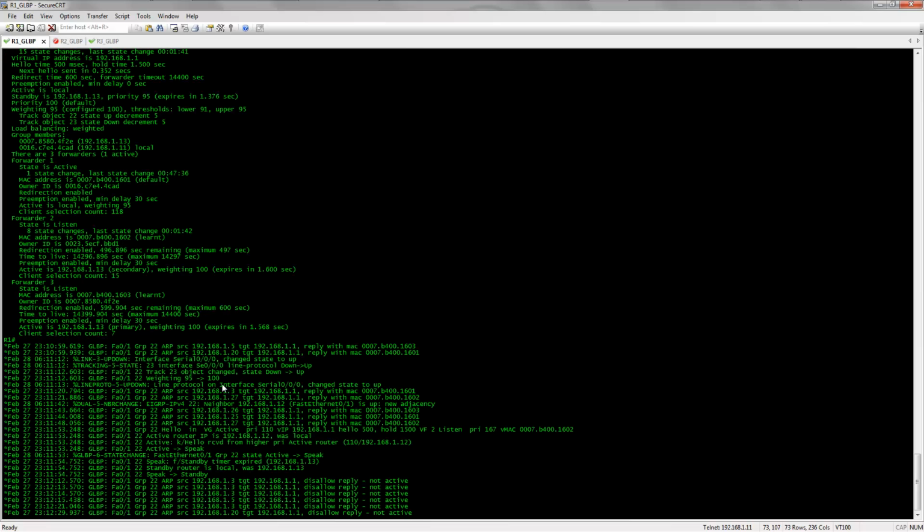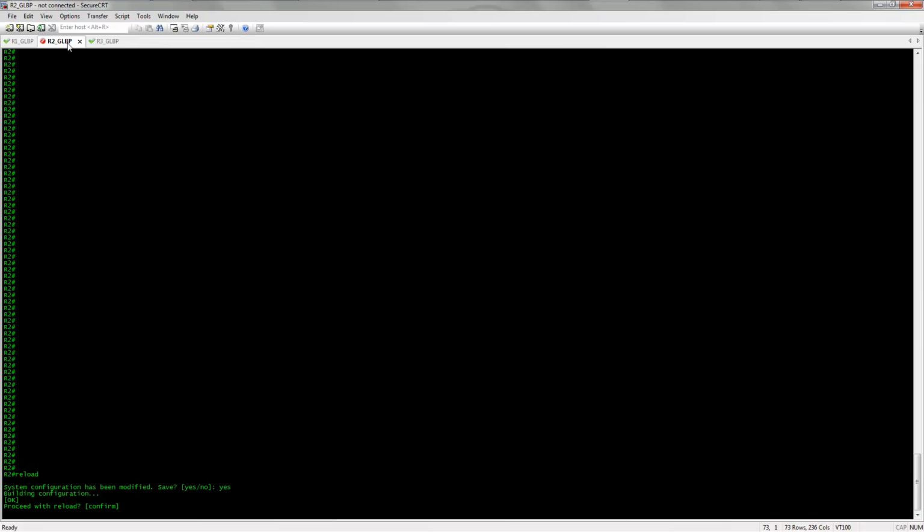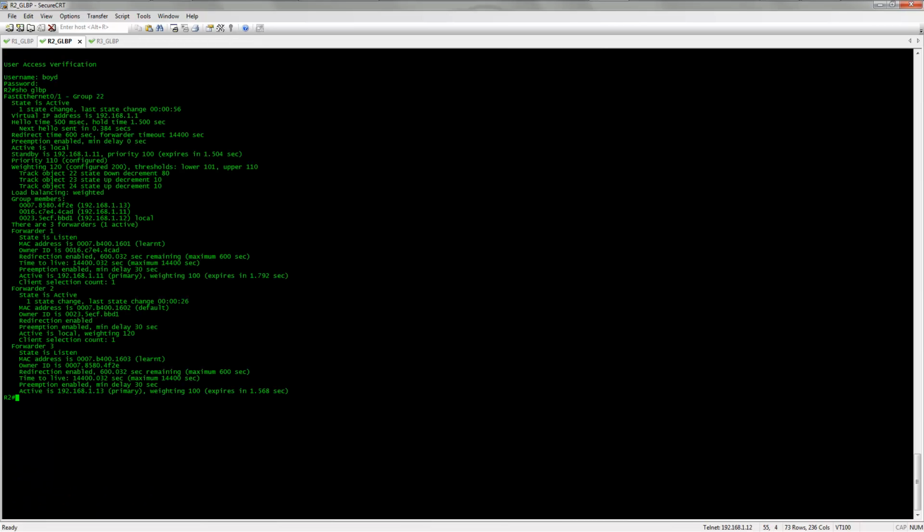Let's see. Okay, so while we're looking at R3, R2 came up and retook his role as the AVG again. So let's get into him. And there he is, state is active, reclaimed his title. So let's do one more thing. We'll pull down one of the interfaces on R2 to see how the weight will change. So if we go to F0/0, and we just do a shutdown command,